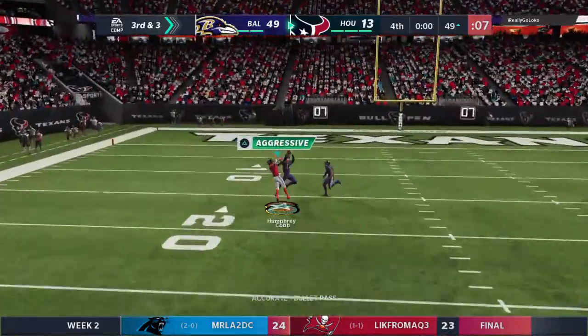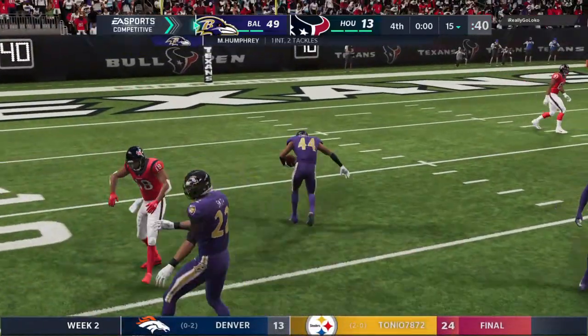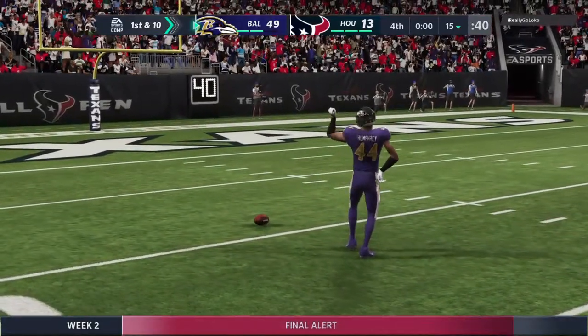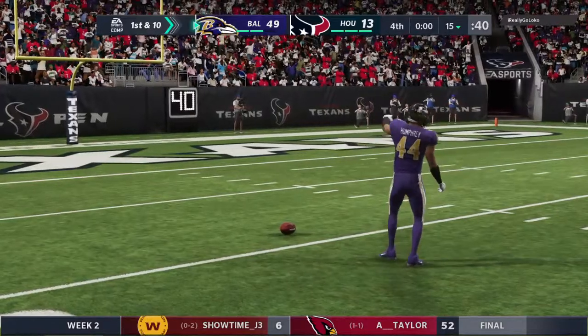He's going to let it fly. And my goodness, another interception. Picked off by Marlon Humphrey. Today's final